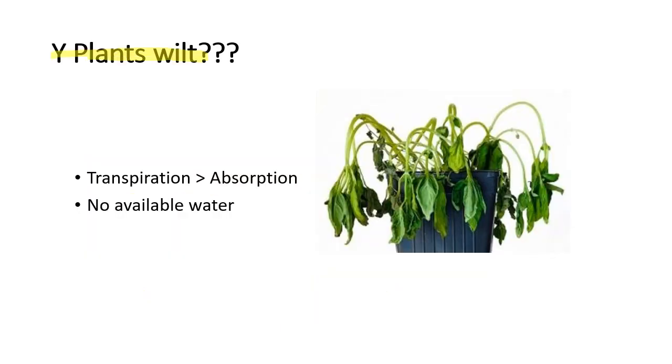So why do plants wilt? As discussed earlier, the plants wilt due to the lack of available water, or the field has reached the permanent wilting point. So at that point the plants will start wilting. Another reason for wilting is that the rate of transpiration would be in excess of the rate of absorption. The rate of transpiration would be in excess in conditions such as drought and also in summer conditions. So that's why we call the process of transpiration a necessary evil.